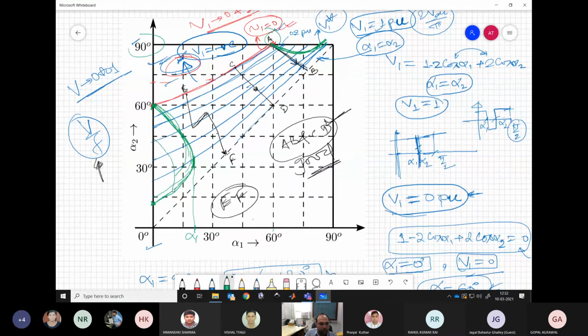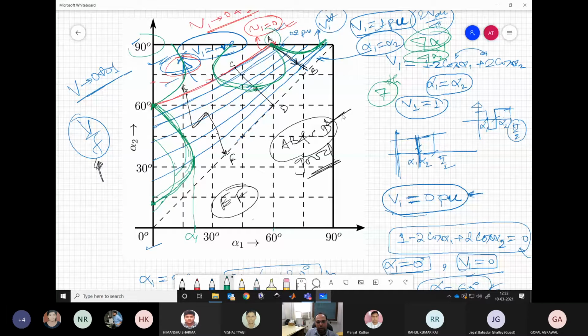something like this, or one curve could be here, or one curve could be here. So the repeatability is increasing. Let us say you had only two curves here, now you are having three, let us say for V7. So of course, when we are going for higher order, let us say 7th, we have 7 alpha 1, 7 alpha 2. So multiple options within 0 and 90 degree we can have. So this is what now we can have.